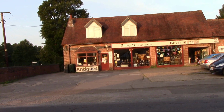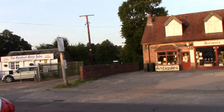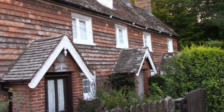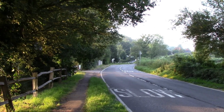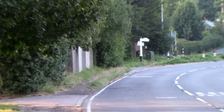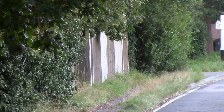Now, there's a lady just gone walking past me with a dog, so I don't think I'll film while I'm walking along, but I'm going to move on now to the actual subject of this film, the bridge. And just in case you didn't know that it was here, these are the River Brede cottages, which lead on to the bridge itself. Just looking down towards the corner there's a little driveway that comes out. Doesn't look much, and it's a bit dangerous for me to go and film on that corner, but that's the entrance to the Pestalozzi village,